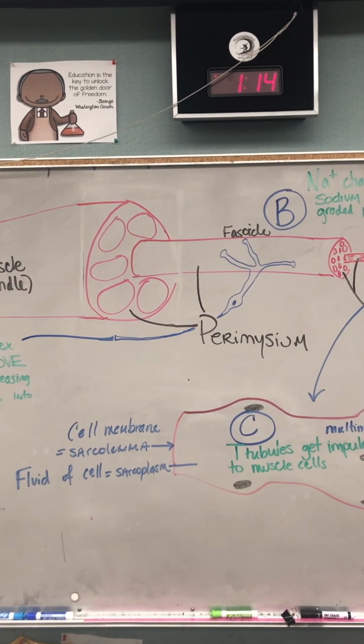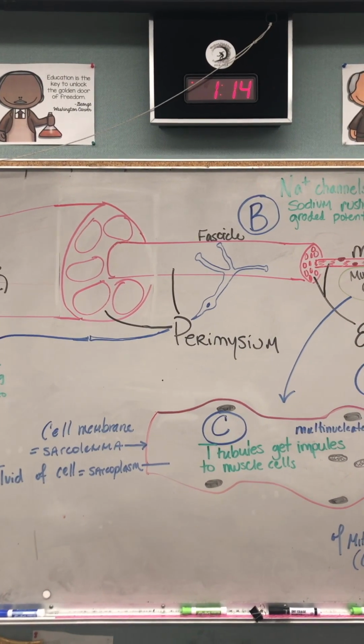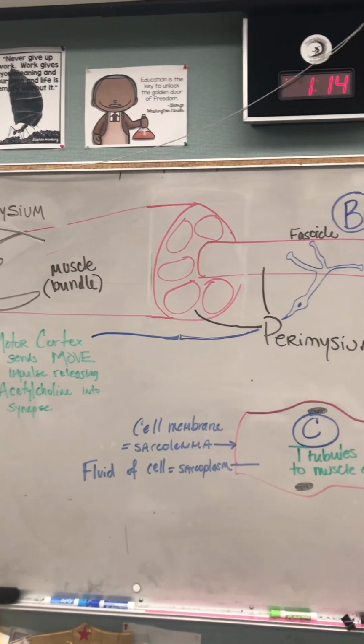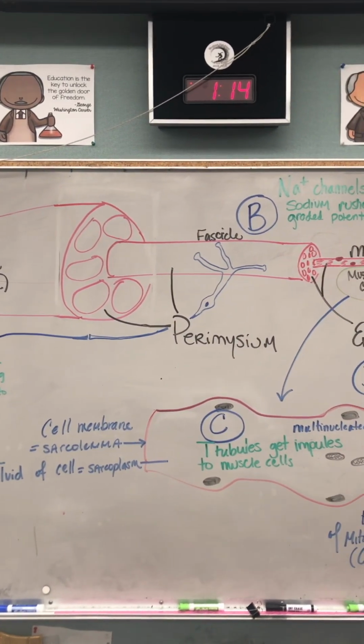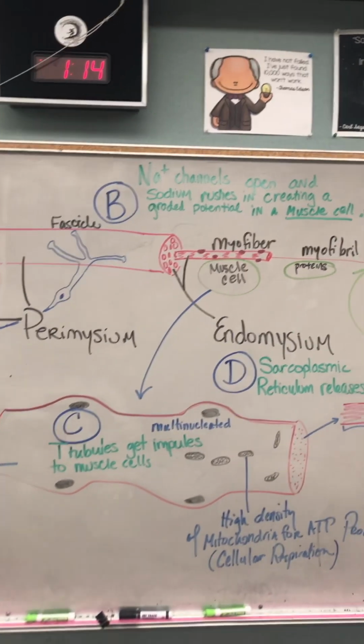However, covering the fascicle is the perimysium. Perimysium is going to be the connective tissue that's between each of those fascicles inside the big bundle, as well as around each individual fascicle. As we zoom in even farther,